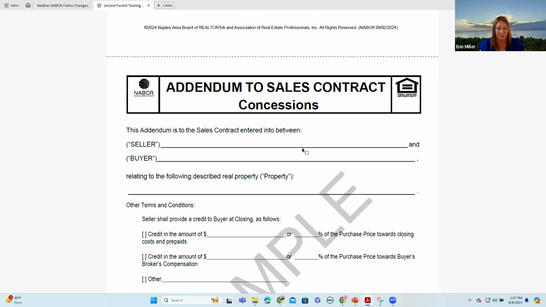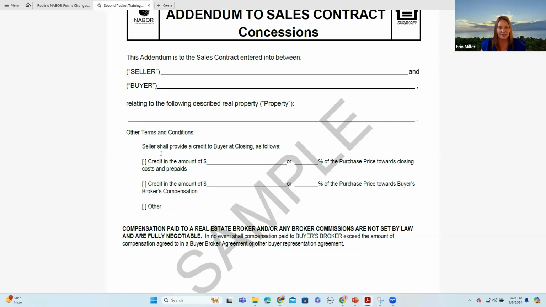language related to concessions. So this is an addendum to the sales contract entered into between seller and buyer related to the following described real property. We've got other terms and conditions. Seller shall provide a credit to the buyer at closing as follows. You get to check the box whether the buyer, if you're making the offer, the buyer is asking the seller